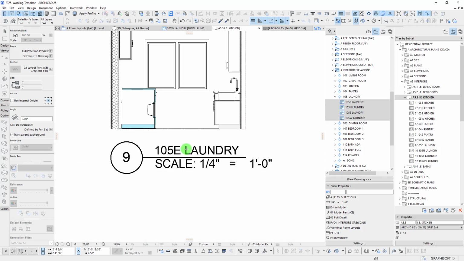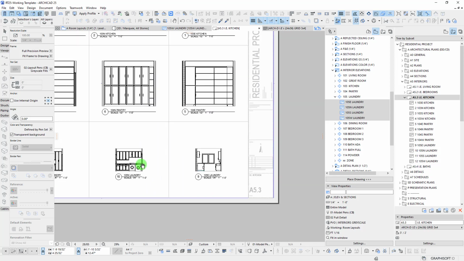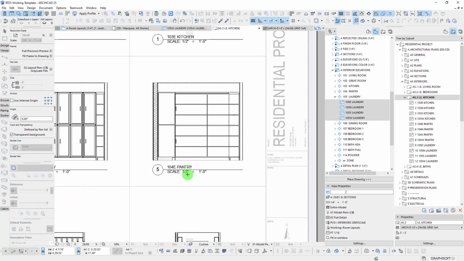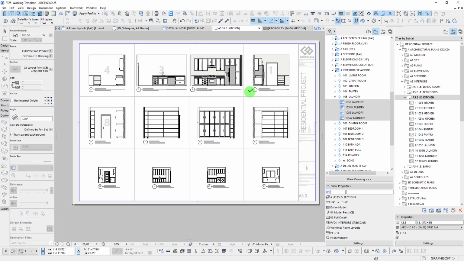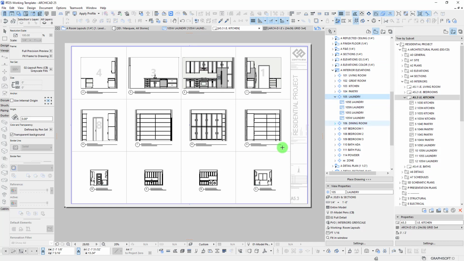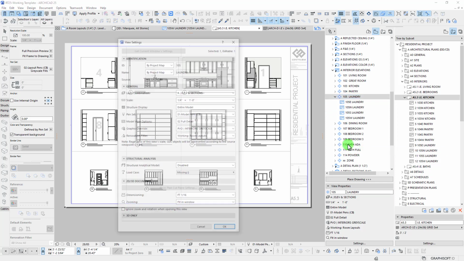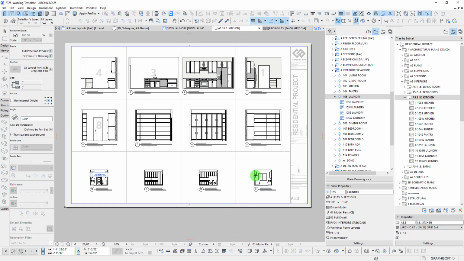If we zoom in a little bit, we can check out our scale on this drawing. They seem a little bit small for our size here. You'll actually notice that our pantry was sized up a little bit to 1/2 inch. Same with our kitchen up here. So now that we have these placed, in order to make that adjustment here, if you'll recall, our clone folder was set to that 1/4 inch, and our laundry followed those settings here. So if we go into our view settings, we can make that switch here to 1/2 inch, and these will